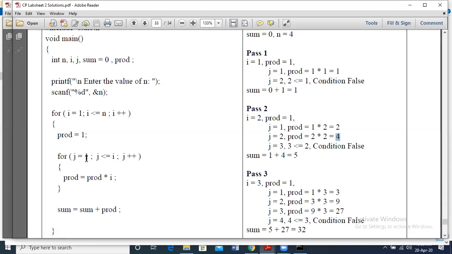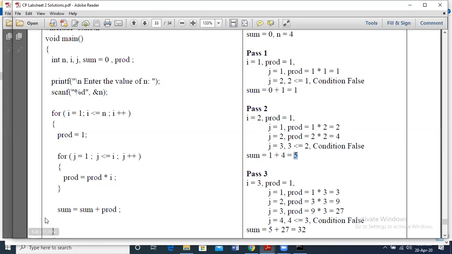Okay. Now j is incremented further. So j becomes 3. 3 less than equal to i is 2. So condition is false. So now inner loop completes. We got the second term, right? 2 square. So that has to be added to sum. We are finding each term and adding it to sum. So previously sum was 1. And then now product is 4. 1 plus 4, sum becomes 5. Note, we have added 1 power 1 plus 2 power 2. 1 power 1 is 1, 2 power 2 is 4. We added 1 plus 4. That is, sum is 5.